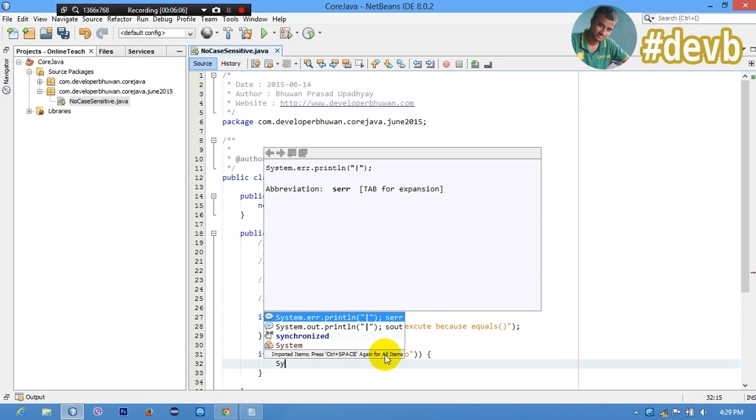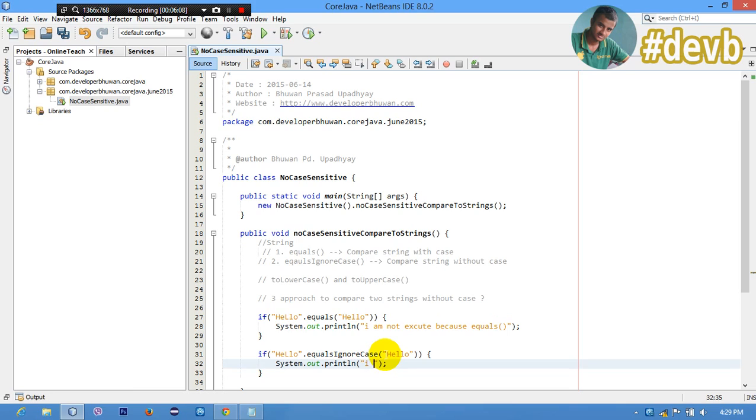So I write System.out.println, "I am execute", because of equalsIgnoreCase.